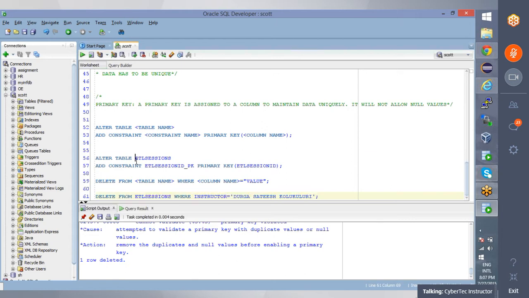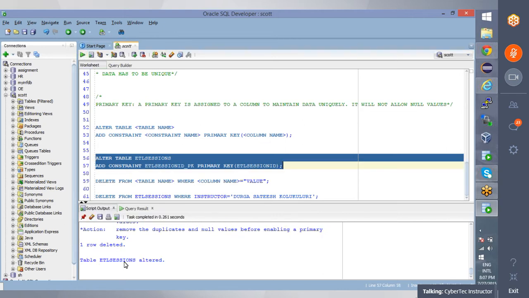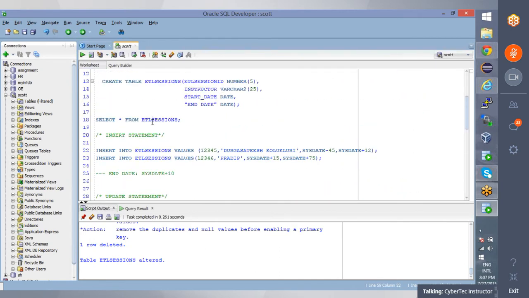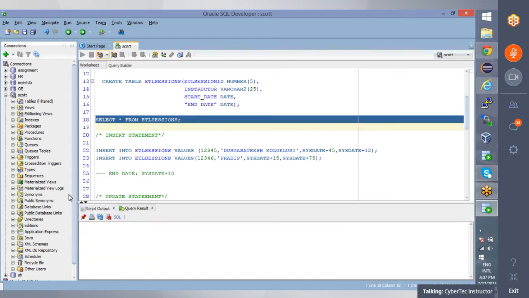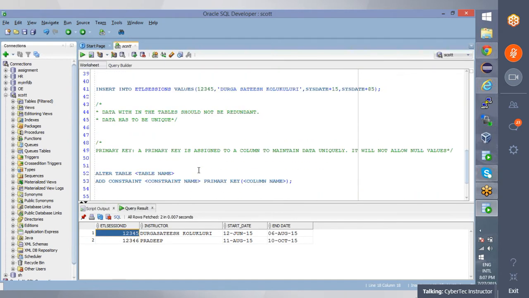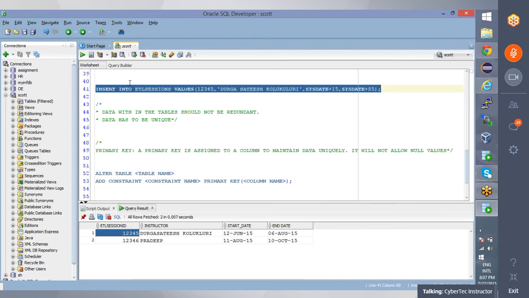Now I'm trying to alter this. Okay, table ETL sessions altered. Now I want to know the table data. See here, ETL sessions. Now I see I have only two records here. Now if I try to insert another record saying insert into ETL session values 1, 2, 3, 4, 5,